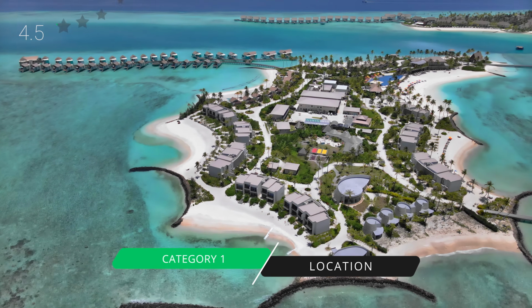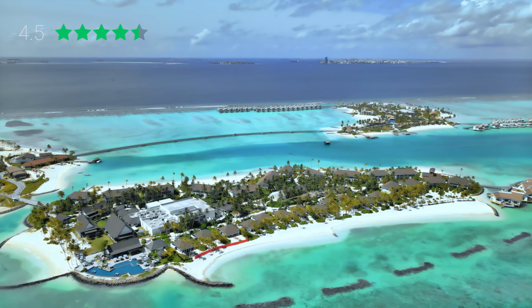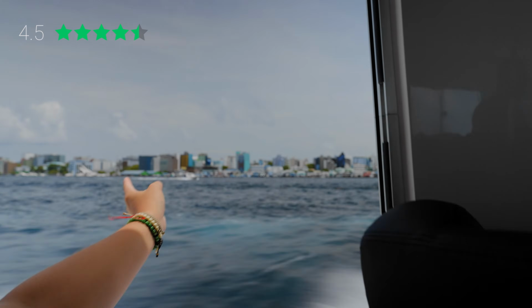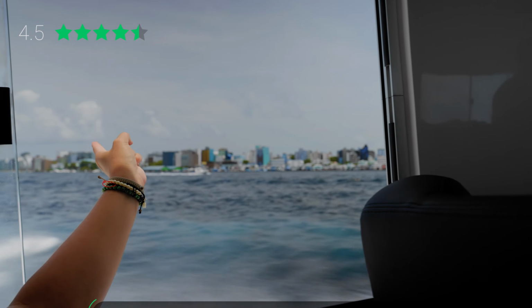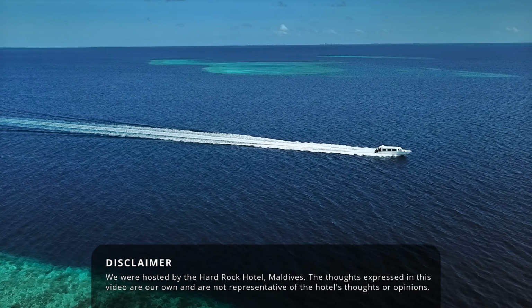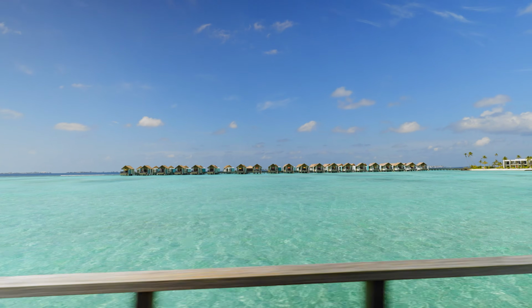Our first category is location. Location, we rate 4.5 stars. We are actually only about 20 minutes from Male, the capital city here in the Maldives. One of the best parts about this location is how close you are to Male. You're really only a speedboat away, and a really fast speedboat that takes only about 20 minutes. So it's very convenient if you're coming in on a late flight or even leaving on a late flight, because